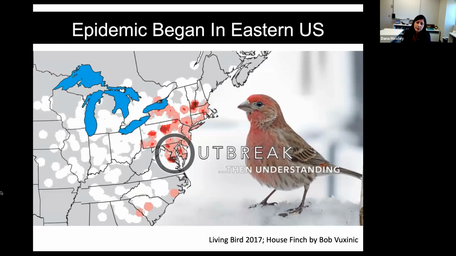So the first recognition of this disease, which was made by bird watchers because they saw birds with these swollen eyes, was made in the Northern Virginia area. And then scientists at the Cornell Lab of Ornithology were able to take advantage of the fact that bird watchers could actually see this disease in their backyards to track its spread in fairly high temporal and spatial resolution. So we know fairly well how quickly it spread.